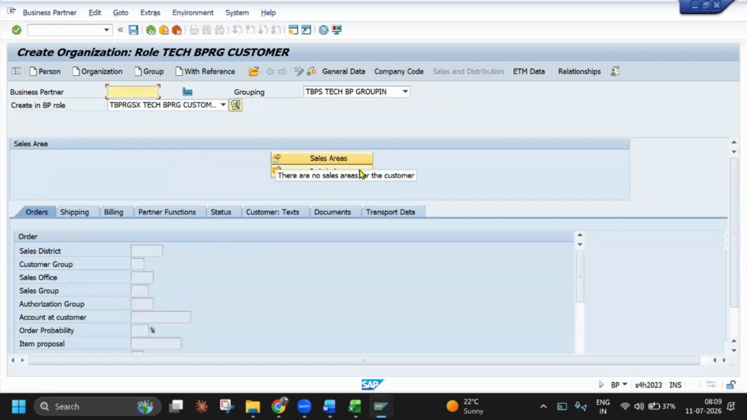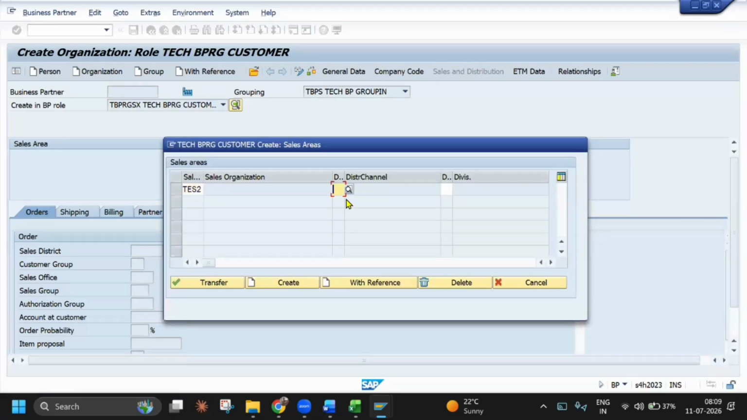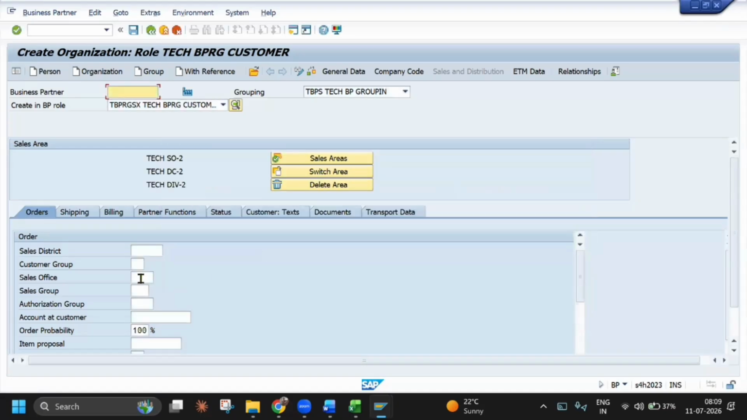Go to sales and distribution. The sales area must be the new, ordering sales area, sorry, the delivering sales area. Click on transfer, and here sales